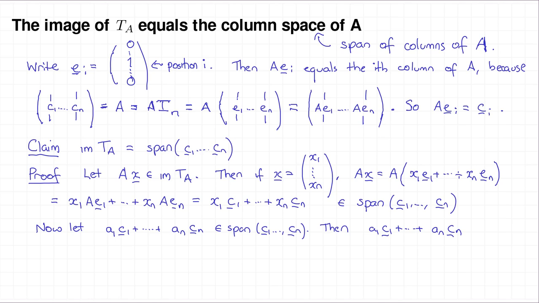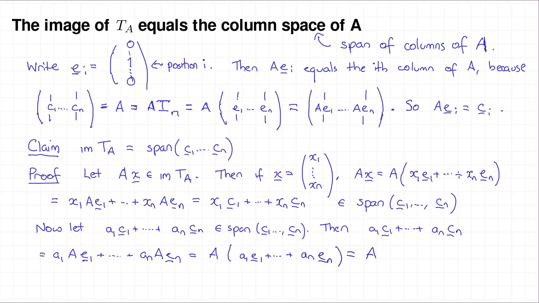We start off with a1 times c1 up to an times cn. We notice that that's equal to a1 times Ae1 plus a2 times Ae2 up to an times Aen. We then use the linearity property of matrix multiplication to write this as A multiplied into a1 e1 plus a2 e2 all the way up to an en,